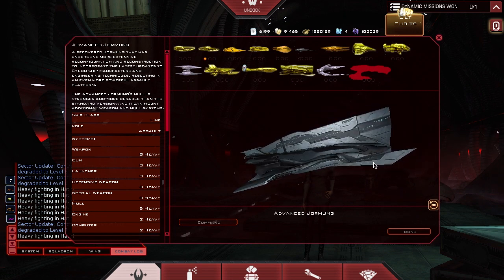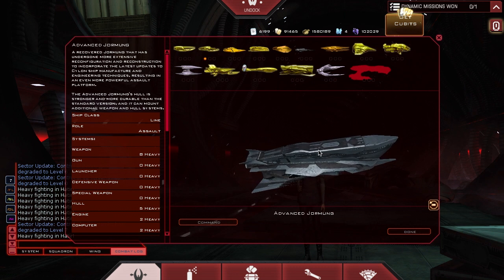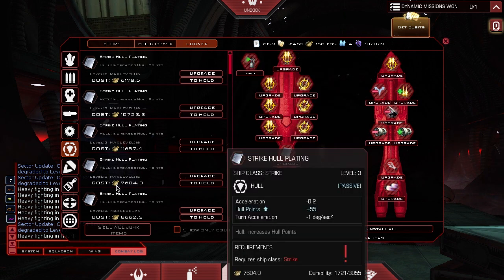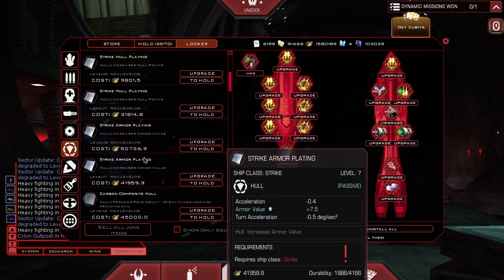Yeah, so this is a really solid ship. No pun intended. It's actually solid. But yeah, hull points or armor value, they're both viable. Any hull point is viable because they have drawbacks. And so this takes away, let's say, 1 degree and minus 0.2. That's for hull. Now with armor, it does...